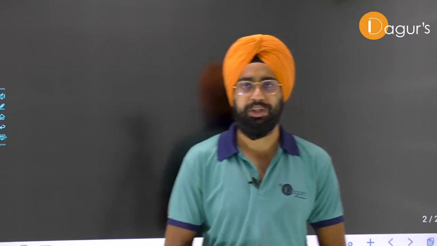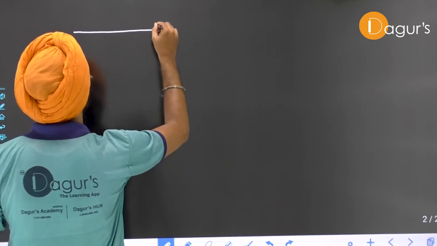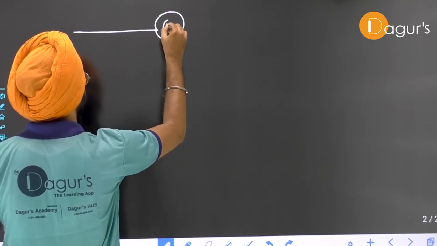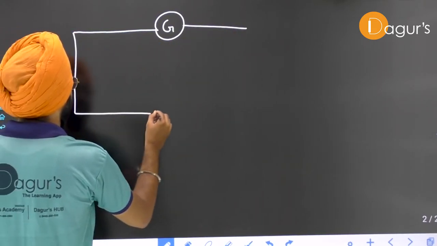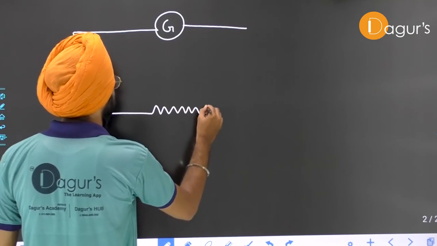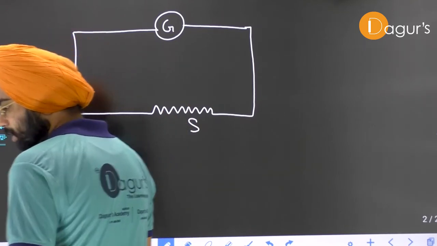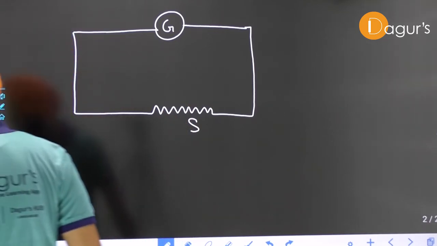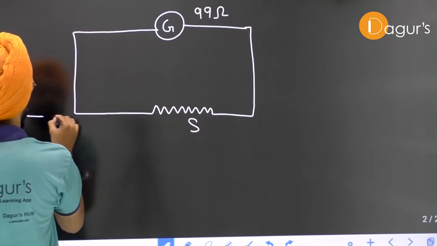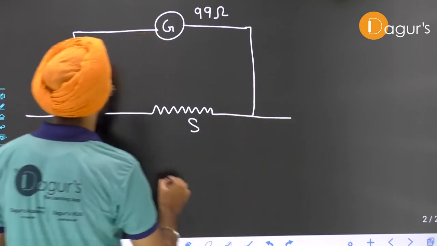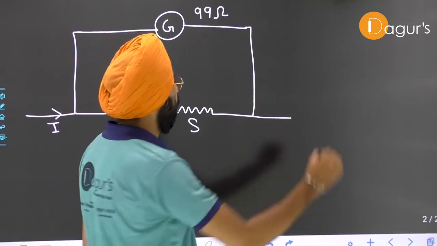So let's start a question on ammeter. Say this is a galvanometer and this is a shunt resistance. The resistance of the galvanometer is 99 ohm, and a current I is entering. Now it is given in the question that